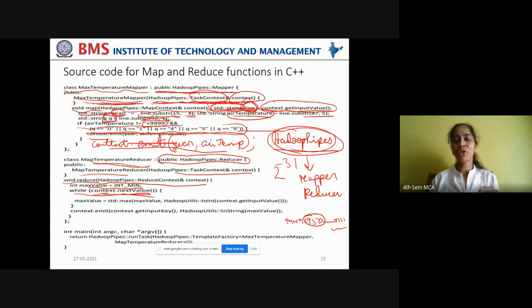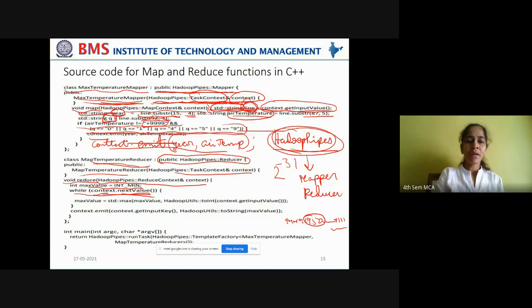As long as it fetches the values, this loop will go on executing. But once the next value expires, meaning there are no longer any values available that can be fetched through next value, this loop will come to an end.